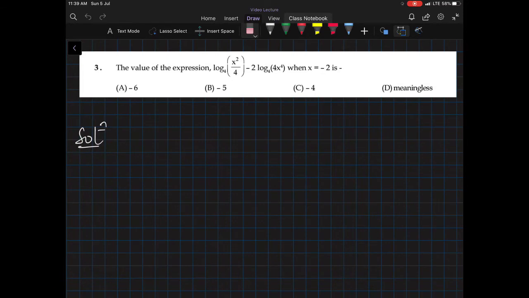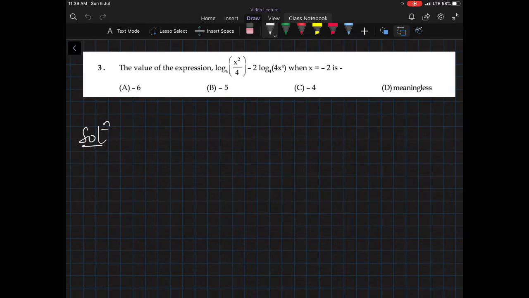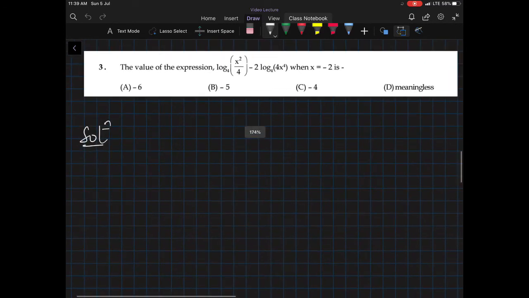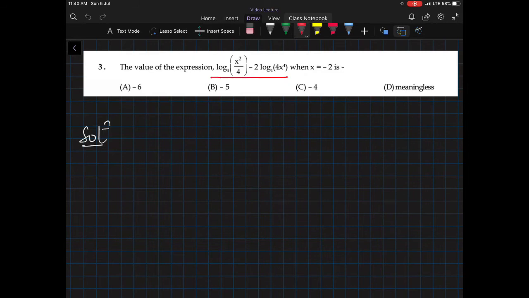So this is question number 3. Here we will find the value of the expression when x is equal to minus 2. So what we will do is first substitute the value x equals minus 2, because otherwise it will be unconventional steps. If you simplify the expression first, then you will put x equals minus 2, right? But here, since x is equal to minus 2, you have to put x equals minus 2